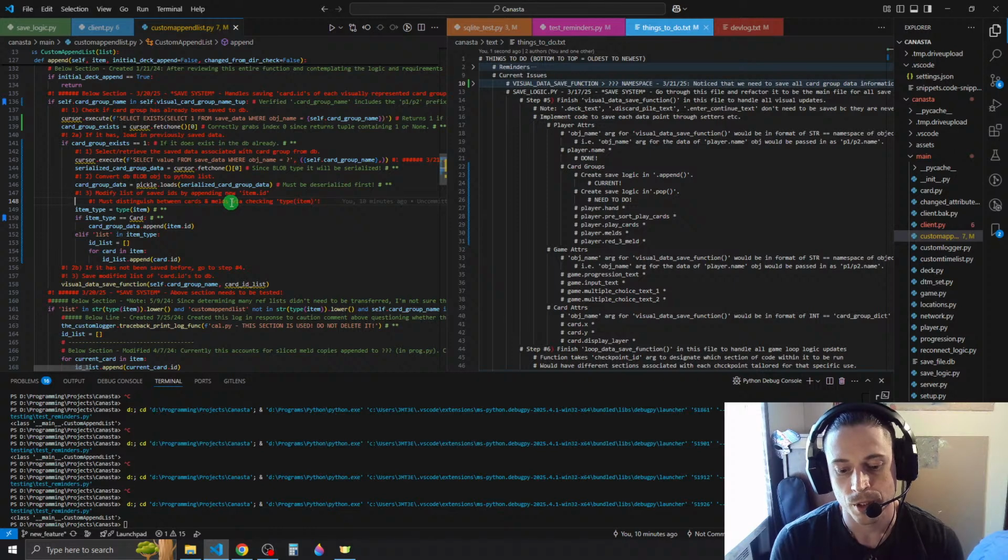So anyway, back to this. Modify list of saved IDs by appending new item ID. So we get the item type, and we are gonna have to handle these, what do you call it, non-custom append list types. So what we'll do is